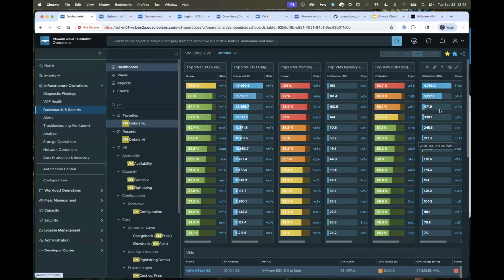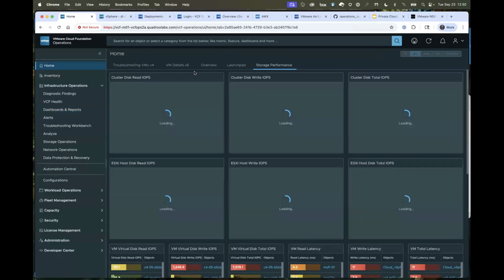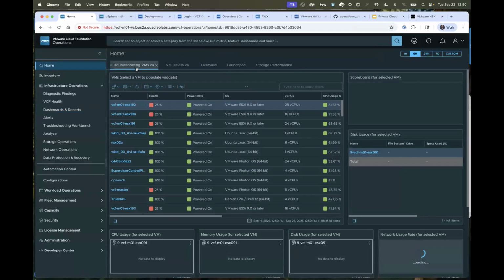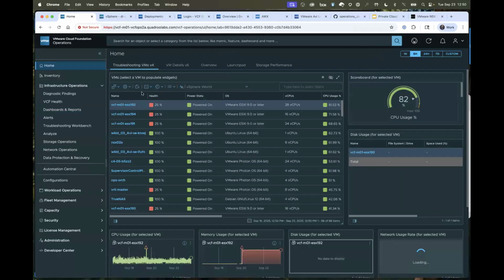Christopher, also, this caught my eye. One thing in this version that I really like is once I have imported those dashboards, I can star them as a favorite, and I can also click this handy home button, which will bring those dashboards into my home screen. So when I log in the morning, I'm automatically greeted with the troubleshooting VMs dashboard there. Oh, that's awesome. Yeah, and you can have up to 5 home ones in addition to your overview and launchpad. I love it. Exactly, you got it.